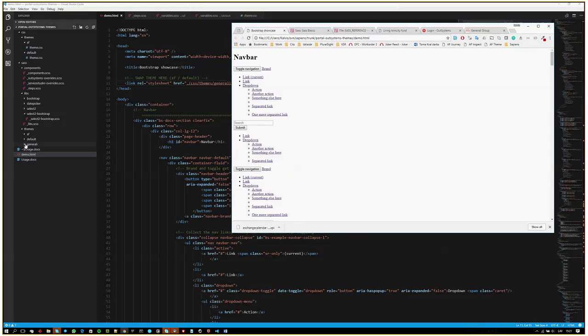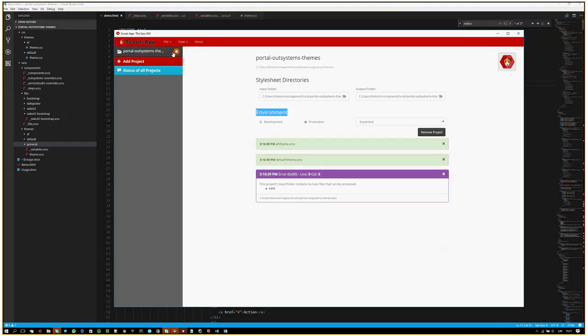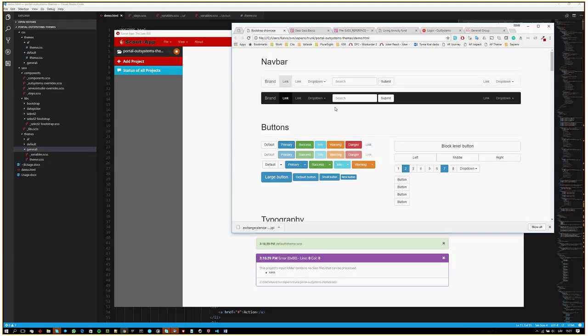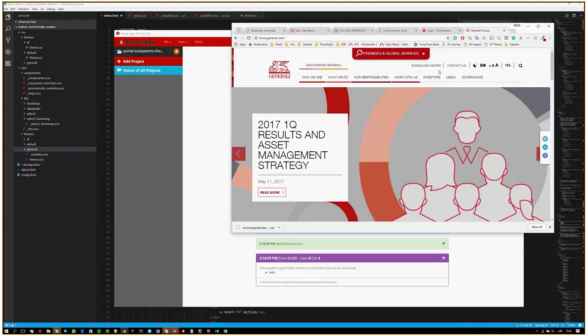Sorry. So I think, yeah, for some reason the Scout application didn't discover the new file, but normally it should discover that without reloading the project. Okay, so you can see currently the theme looks exactly the same as the default one, but now let's try to brand that using Generali